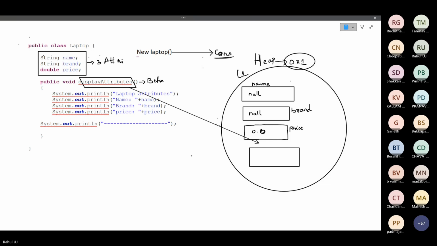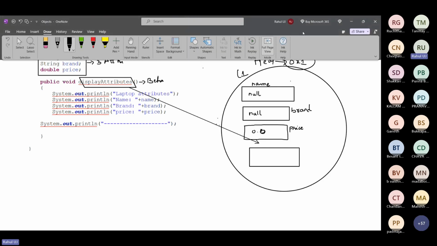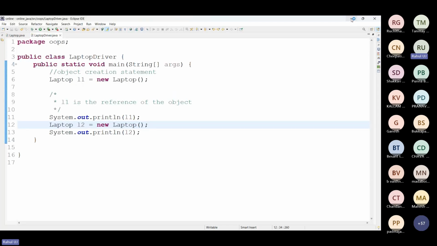Okay, fine. So I'll upload all the notes for whatever theory we have seen today and the programs, whatever we had discussed yesterday. Okay. So tomorrow, if you have not installed JDK, download the latest JDK and also install the Eclipse. Okay. Tomorrow we will continue with the rest of the topics of OOPS.